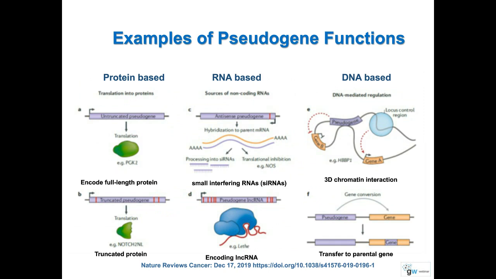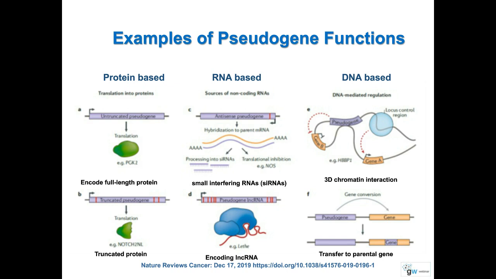Then we go to the function. What are these pseudogenes really doing? If they are not protein coding, if they acquire mutations, what exactly are they doing? Based on some of the anecdotal evidence, the pseudogenes do have a function. Either they function as a protein, because we thought that the pseudogenes are junk DNA, but now we have enough evidence to show that the pseudogenes indeed do transcribe into messenger RNA and they do make protein. So they function as a protein.